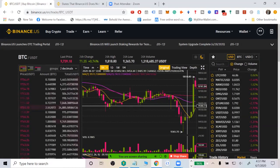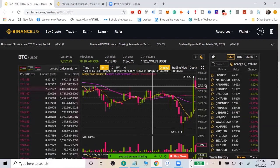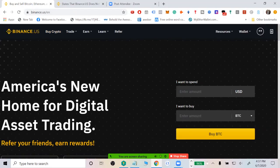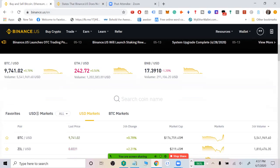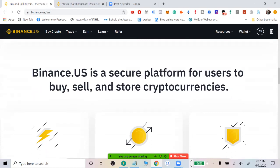So again, for me, guys, my vote, my thumbs up is for Binance US. And again, for those of you not in the United States, who are out in Europe or in other countries, Binance.com, the registration process is very much the same as Binance US. Very user-friendly platform, in my humble opinion. Really, really like what they're doing. Shout out to Catherine Coley, former Ripple employee, now the CEO of Binance US. Again, they have a generous referral program as well. This is a running, up-to-date kind of thing on what's going on in the market. Love that. It's just a very nicely laid out, secure platform for users to buy, sell, and store